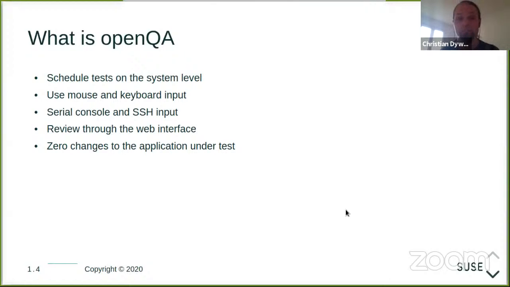What is special about openQA is perhaps that you schedule tests on what I'll call the system level. That distinguishes it from a few other frameworks that you might be familiar with.